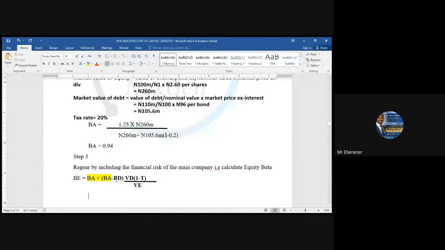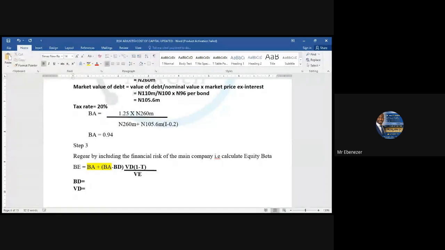Now, we should not forget that all these parts are for the main company. Why is this for the proxy company? So let's check. We need to check the beta debt of the main company. We need to check the value of debt of the main company. We need to check the value of equity of the main company. We need to check the tax rate of the main company. We already have